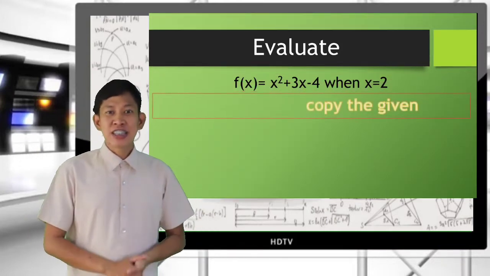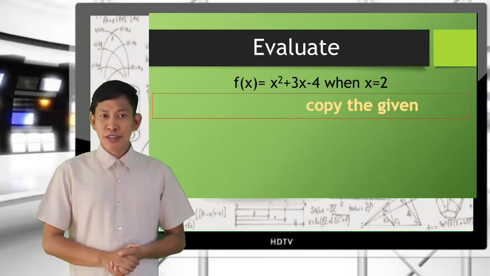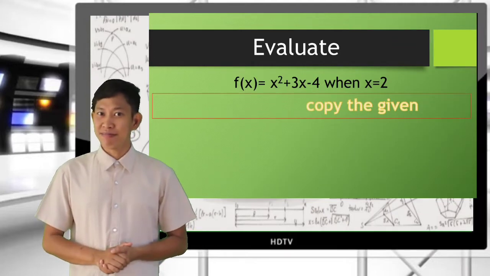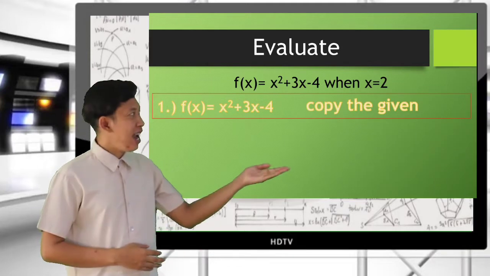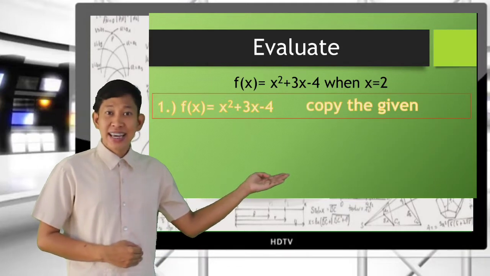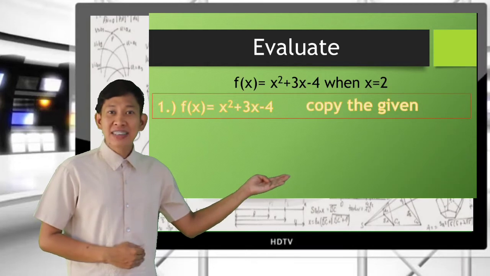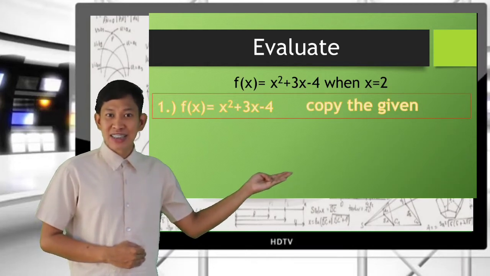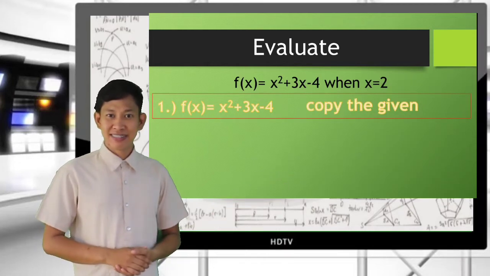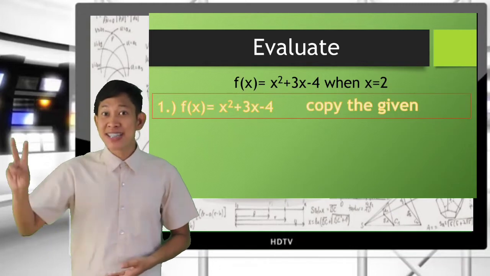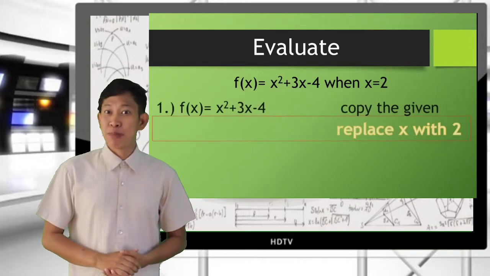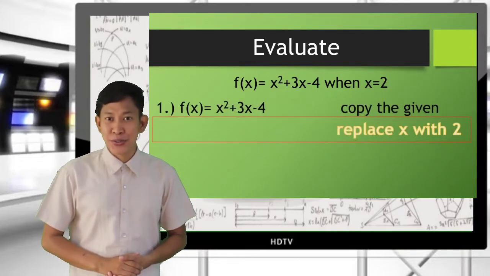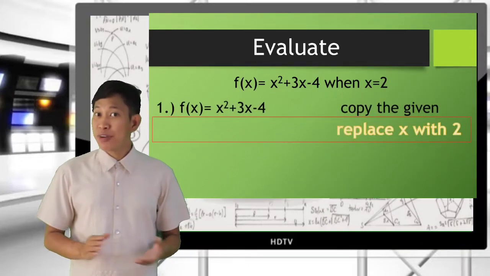Very good! Copy the given. So what will be our given? That is right. So we have f of x is equal to x squared plus 3x minus 4. How about our second step? You're right. Replace x with 2. So we will now be having,